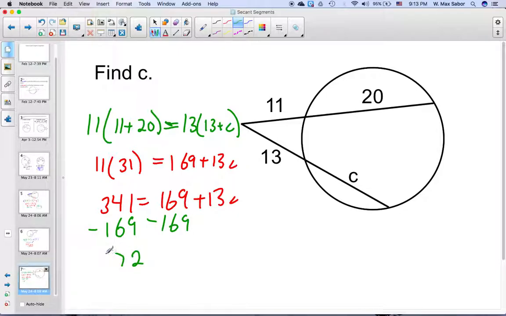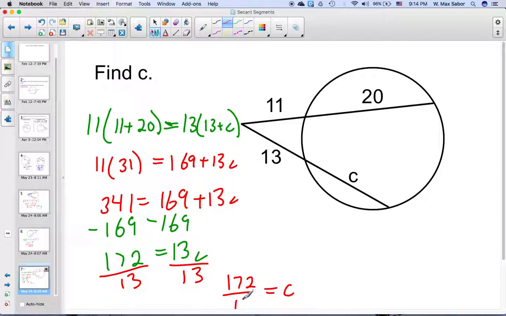And now we just want to divide by 13 on both sides. And let's see. 341 minus 169 is 172, divided by 13. That's not exact, so I'm just going to leave my answer as 172 thirteenths. That's how I prefer the answer, although you could write the decimal of 13.2 if you preferred. All right,